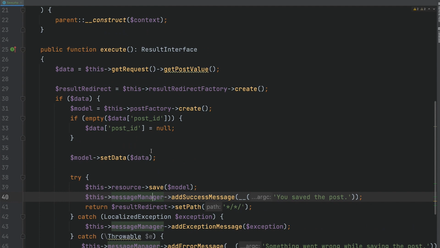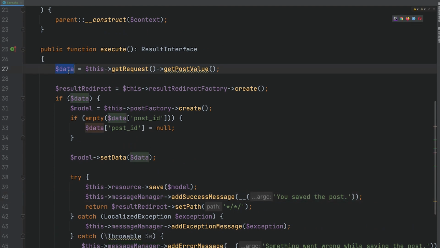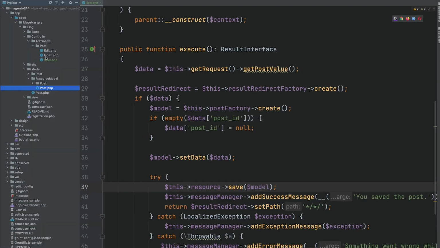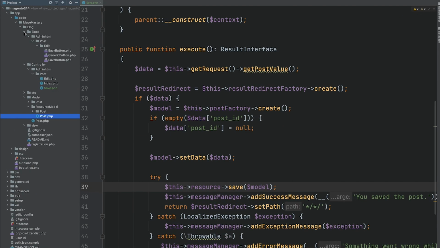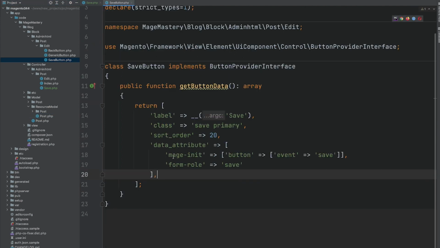This controller is responsible for retrieving data submitted by HTTP post requests, processing this data in some way, and performing the save operation. In order to trigger and process the HTTP post request, as we remember, we've added the button's mage-init save event.